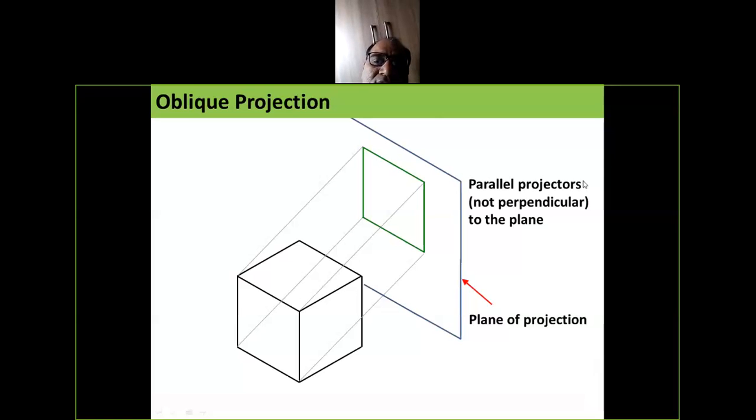If we keep a plane, then the projectors are not perpendicular to the plane. As for example, we have seen here the projectors are not perpendicular.